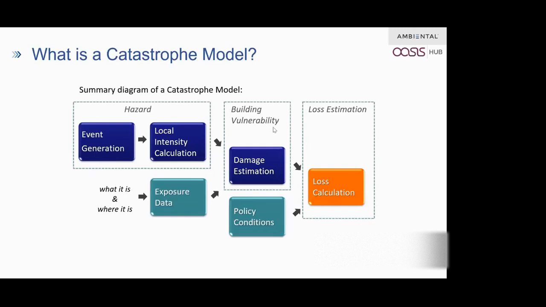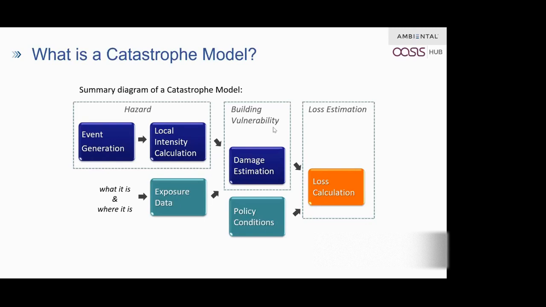Exposure data is the information about the property, which includes physical characteristics, replacement value, and so on. For this case study, it would be Australia, and there we use GNAF, the Geocoded National Address File, which has the latitude and longitude information and all the other information I mentioned previously. These two components feed into another main module, which is the vulnerability one, where the damage estimation happens, and the physical damage is calculated for each affected exposure.